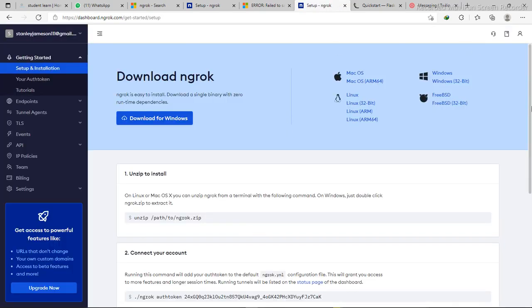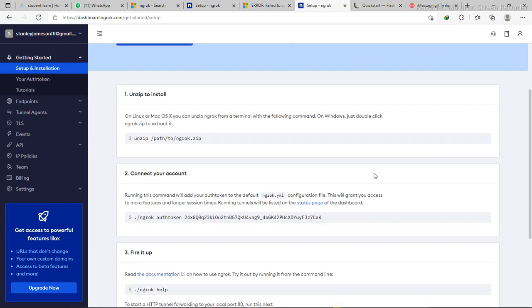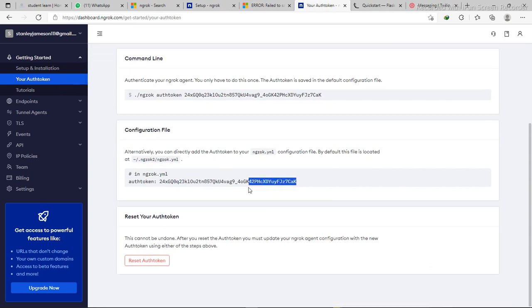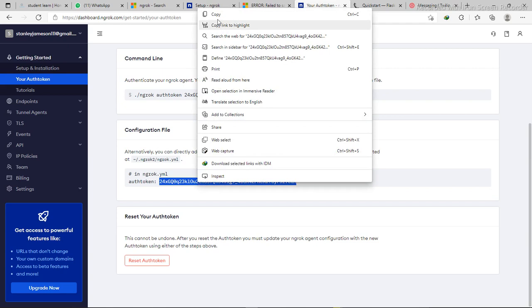Okay, so once you have logged into the ngrok dashboard, what I want you to do is to actually connect your account. So this is your auth token or your auth key in order to connect your account. So I want you to utilize this. So I want you to copy the auth key. It's actually copying everything. So what can I do? Let's just go to your auth token. You can actually click here. Okay, just click on your auth token